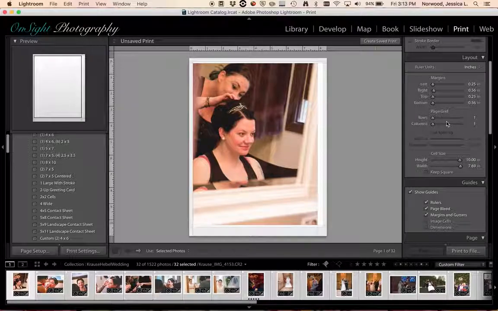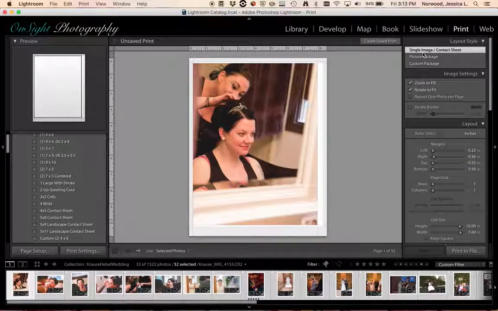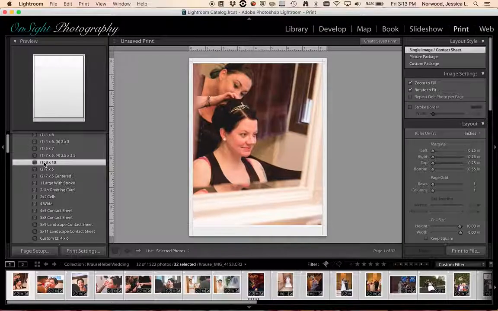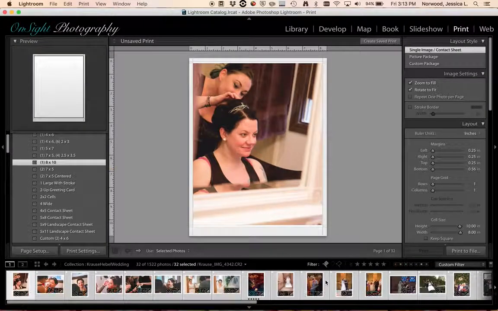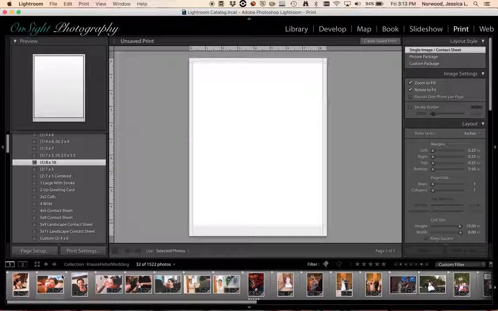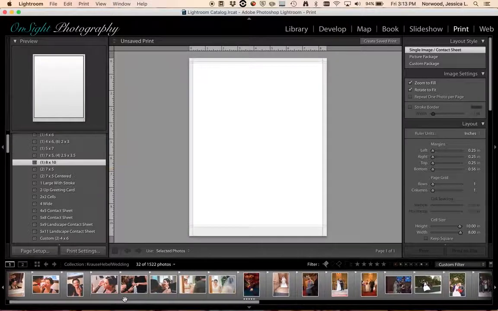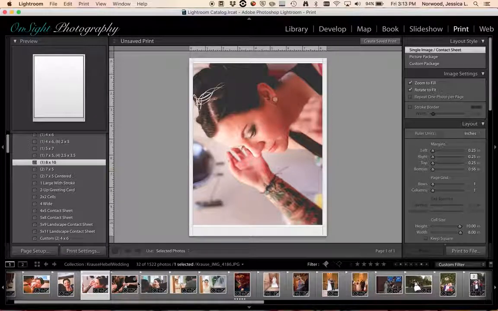But in this single image, let's say I want to print 10 8x10s. What's really cool about this is I can select, okay, I'm going to select the 8x10, and any images that I have selected, it's going to create an 8x10 print from. So if I have nothing selected, it's empty. But as I add stuff in here, this one,